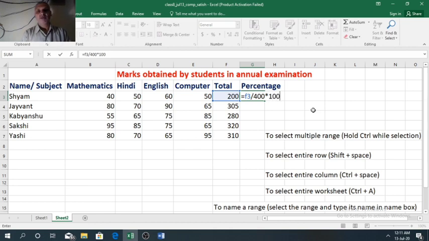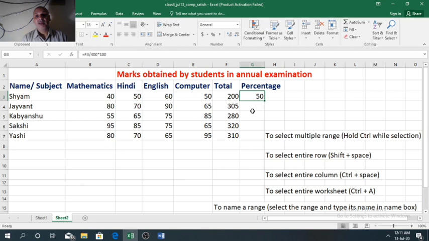Marks obtained divided by total marks into 100. Once you press the enter key, it will show the result. So out of 400, Shyam has scored 200. So percentage is 50.